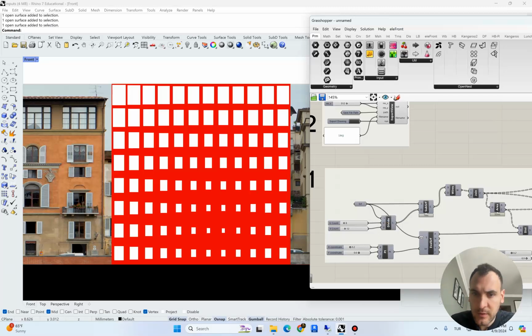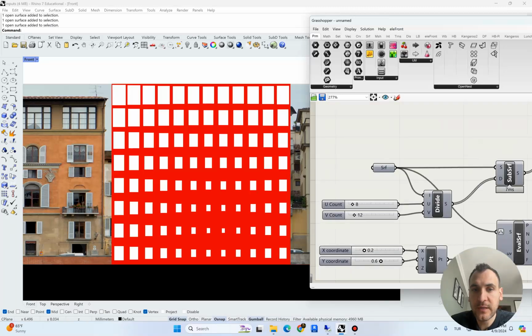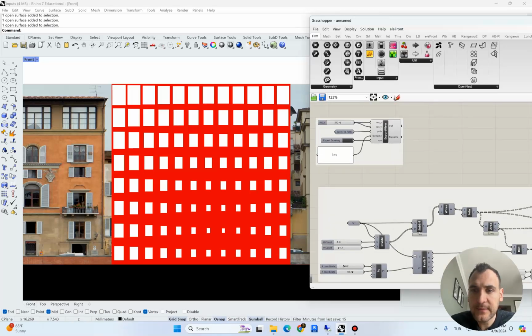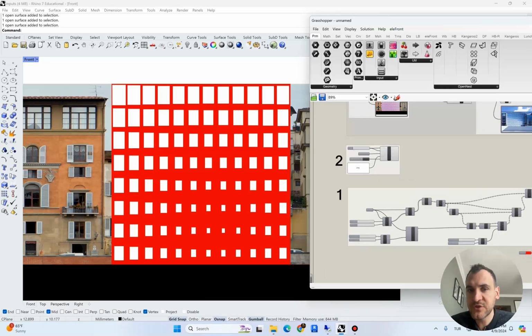So the more panels you have, the less rigor it might have. So you have to keep that in mind. You may not have as much variation or as much detailing if you have a lot of panels and less resolution per panel. So I'm going to keep it like this,